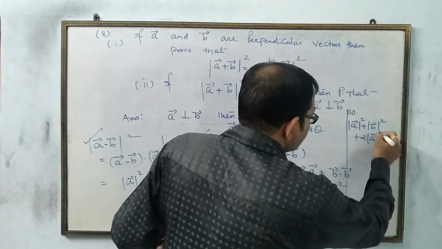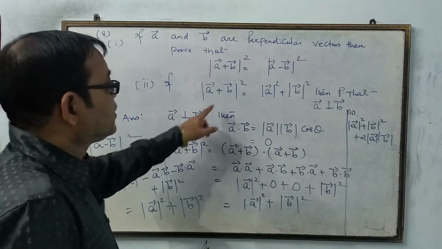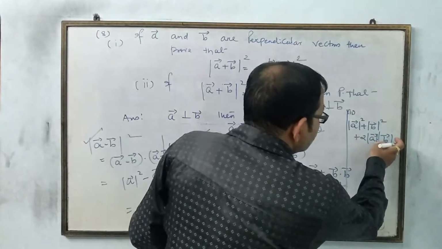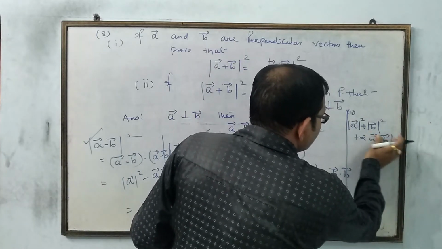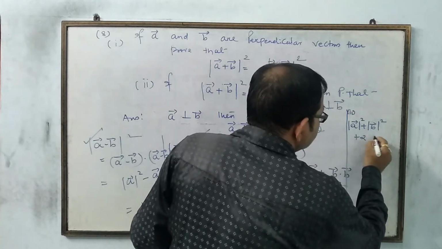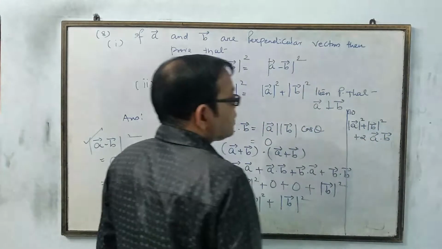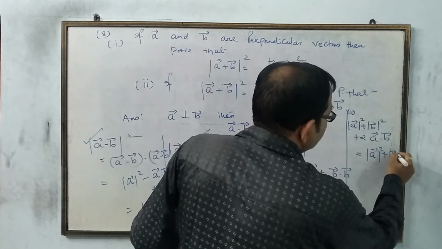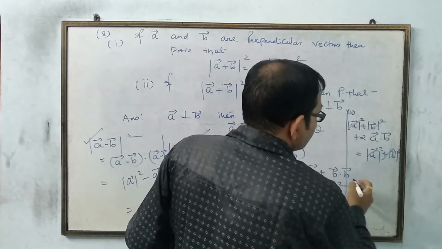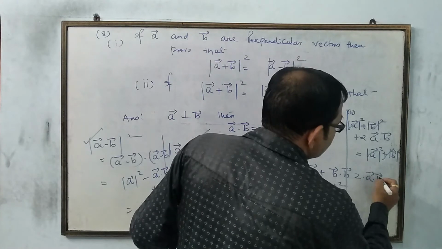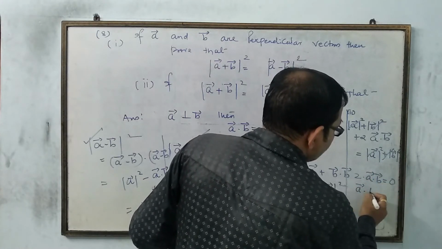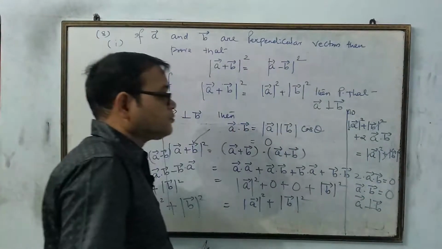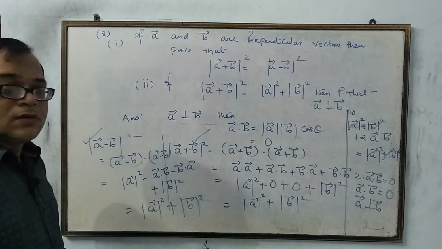I think it is clear to everybody. Magnitude of A plus B is equal to under root A square plus B square plus 2AB cos theta. Not here magnitude of A and magnitude of B; here it is 2 into A dot B. This is equal to what you are provided, magnitude of A square plus magnitude of B square. Cancel from both sides, so 2A dot B is equal to 0, thereby A dot B equals 0. If the dot product is 0, then the vectors are perpendicular to each other. That is the second bit. Pause the video to note it down.